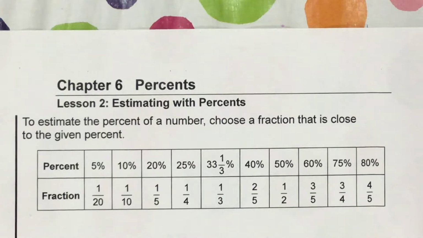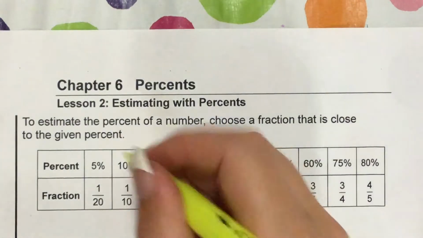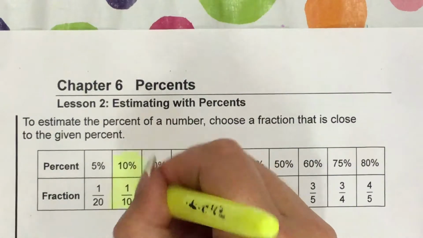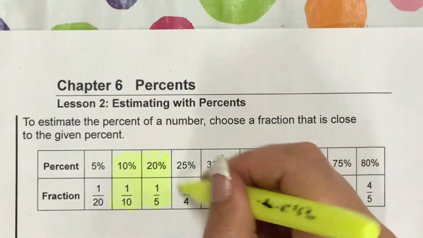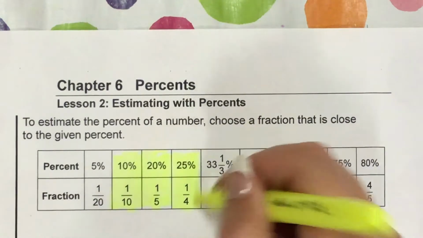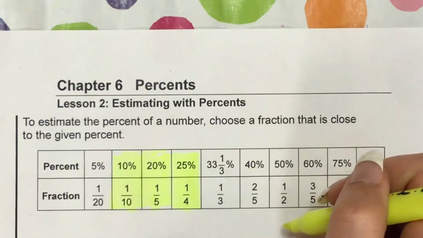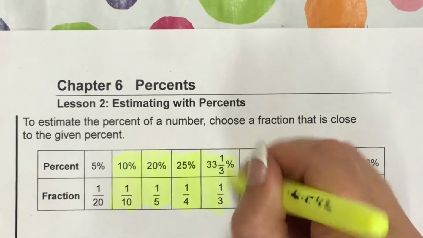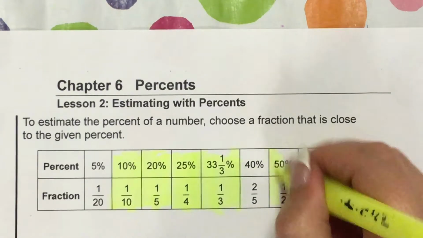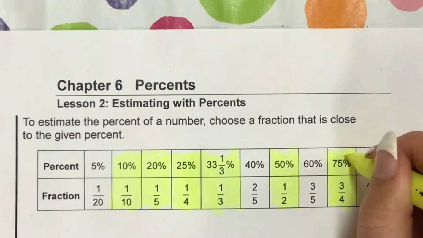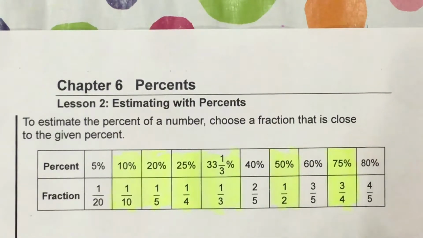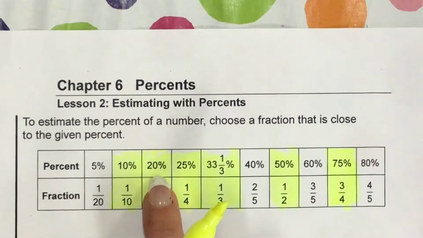I would say the ones you just have to memorize: 10% being 1/10, you have to memorize that one. 20% being 1/5 is very nice to memorize. This one right here, 25% equaling 1/4, that's a must. 33 1/3% equaling 1/3, a must. 50% equaling 1/2, that is a must. 75% equaling 3/4 is a must. The kind of cool thing about these is if you can remember 1/5 equaling 20%, if you have 2/5,